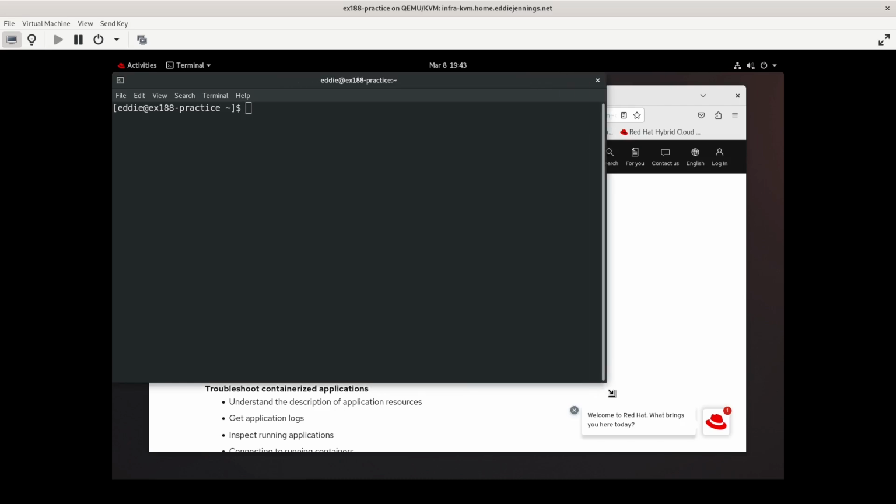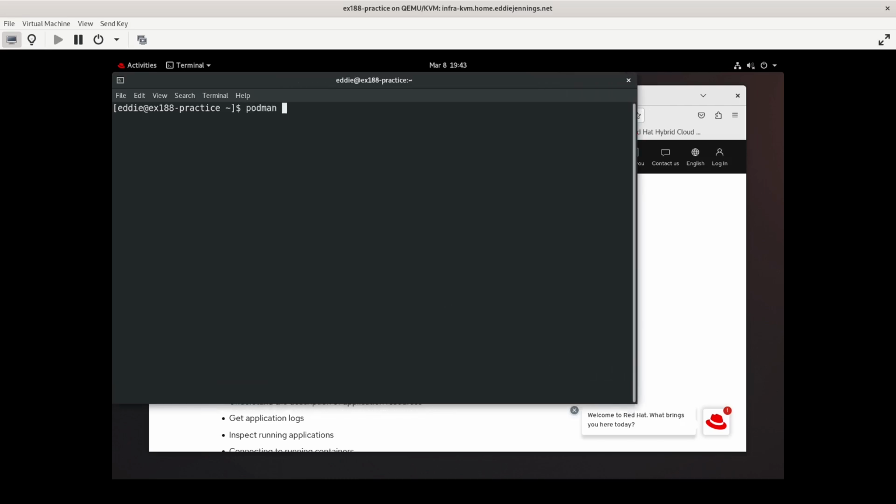So we'll go to the command line here, and basically podman secret create. You'll give your secret a name, so I'm just going to call it test secret, and then you will be feeding it a file that contains the information that you want. So let's use good old foo.txt, and we'll just do the phrase,